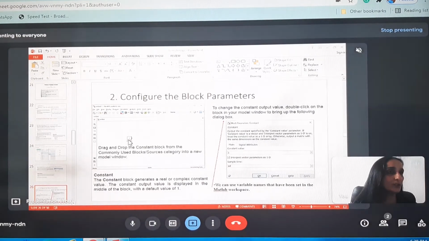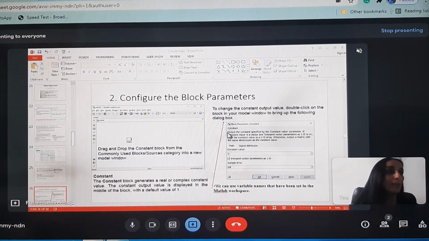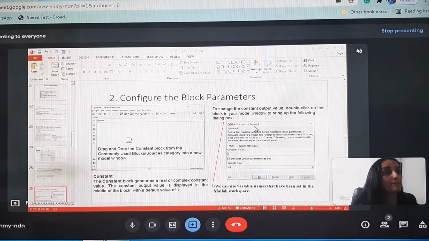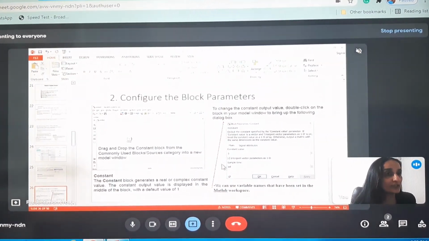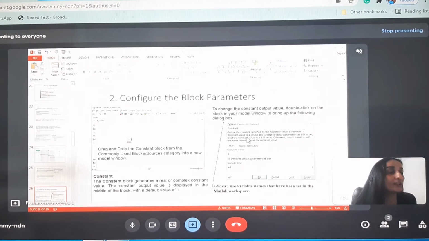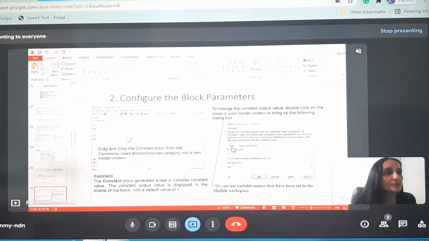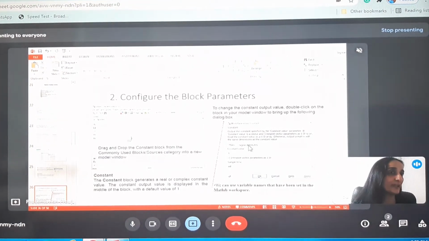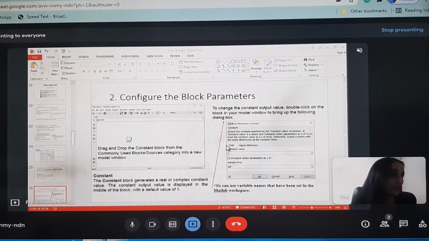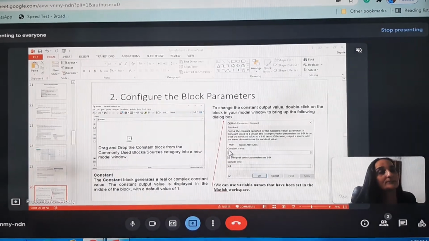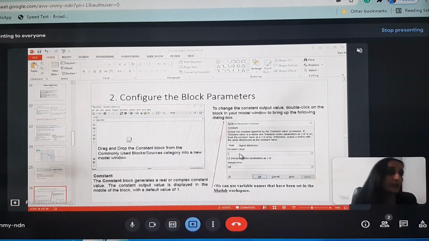Now, if we want to change its default parameter values, double click on the block already placed in the model window. This action will open up the block parameters dialog box, as you can see here in this slide. You can see there are two tabs, main and signal attributes. By default, the main tab is highlighted, and this is the constant value text box.